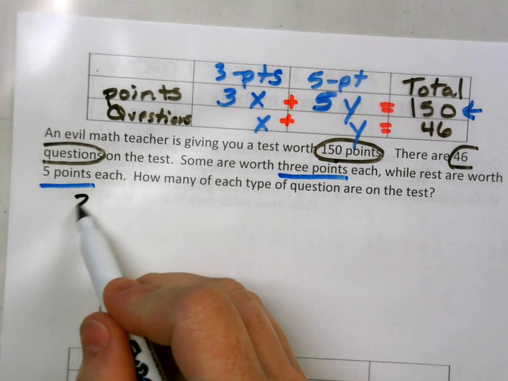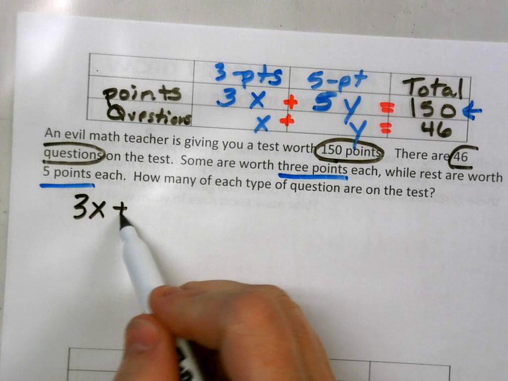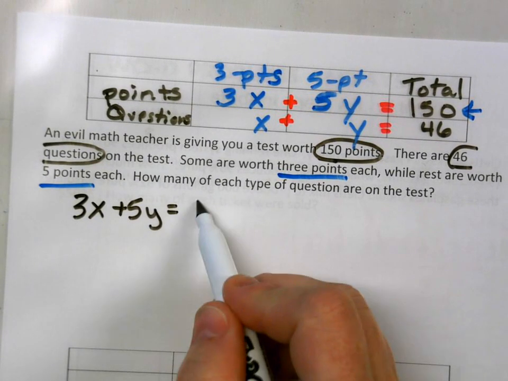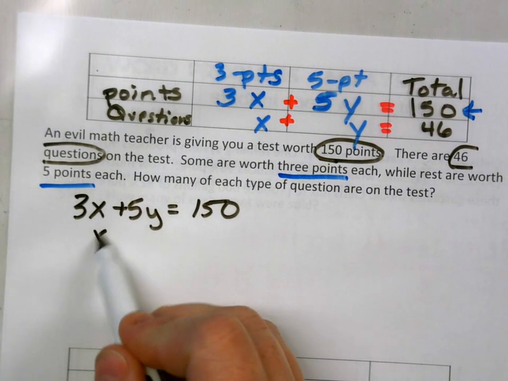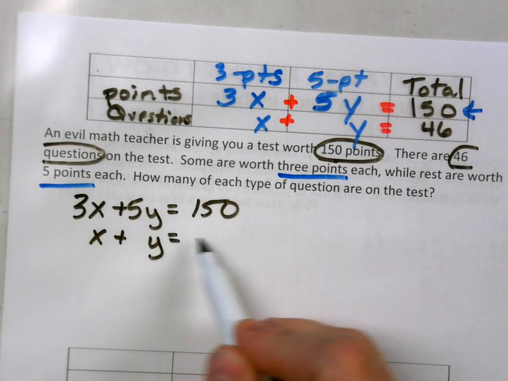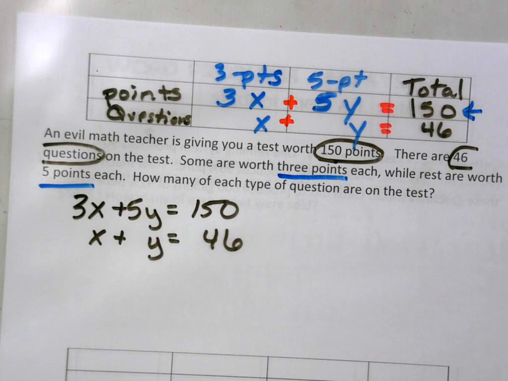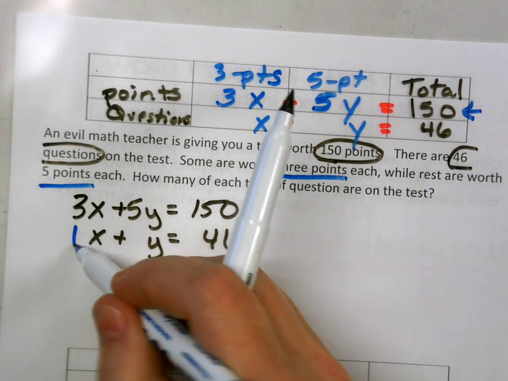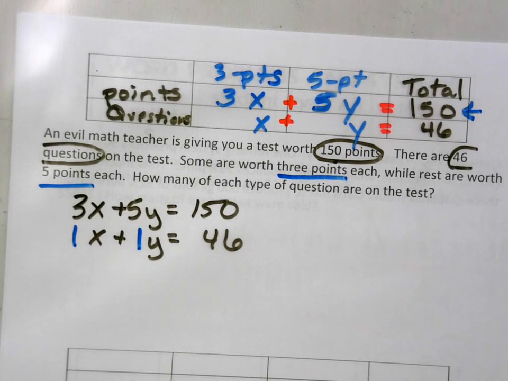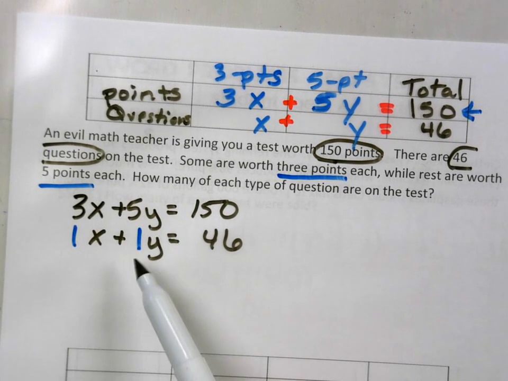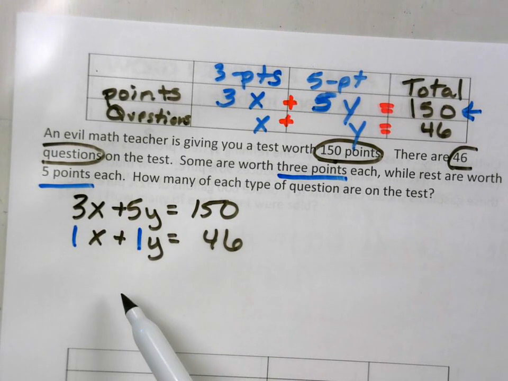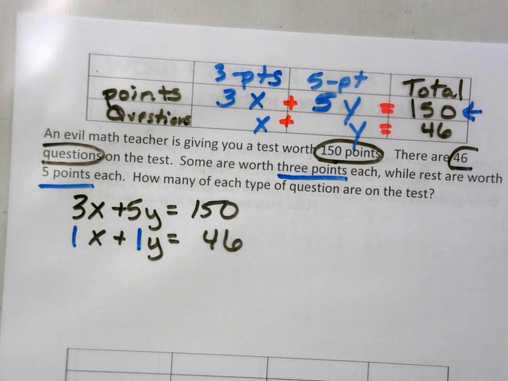I'm going to go ahead and rewrite them so I have room to work. And if I don't have any number in front of my letters, what number do I put? 1. And this was a common mistake I was seeing on the quiz, that they were doing all the work right, but then they forgot this 1. So when they added these, it was just a 5 and not a 6 or whatever. Okay, so